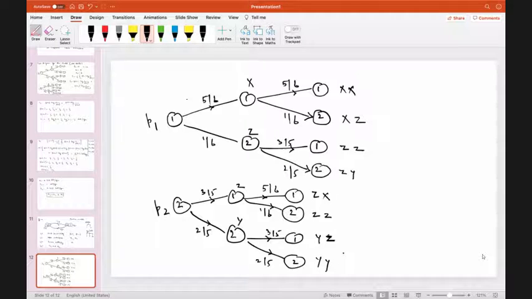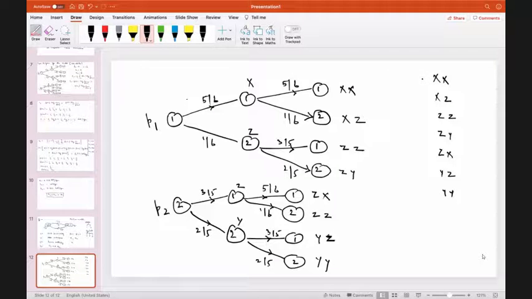Right? So now in stage 2, you can see that you have different messages. They have more than 4 messages now. So in stage 2, you will have XX, XZ, ZZ, ZY, XZ, ZZ is already done so I'm not going to write it again. Then you also have a YZ, and then you also have a YY. So you have 1 2 3 4 5 6 7. This happens because you have two states and you have three symbols. So you have to accordingly evaluate the probabilities.